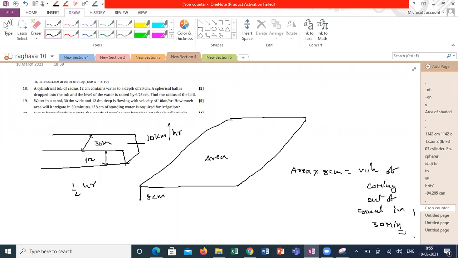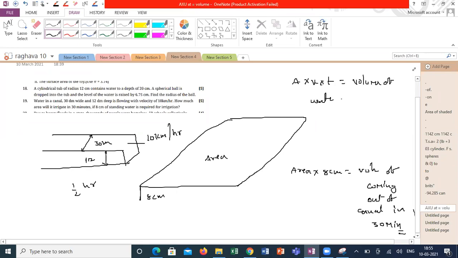How to calculate the volume of water coming out of a pipe, if you know the time? So first we need to find the volume, sir, and then equate it to the time, sir. AVT. Volume of water coming out of a pipe or a canal. This is in centimeter and this is in meter. Convert everything into meter and try.